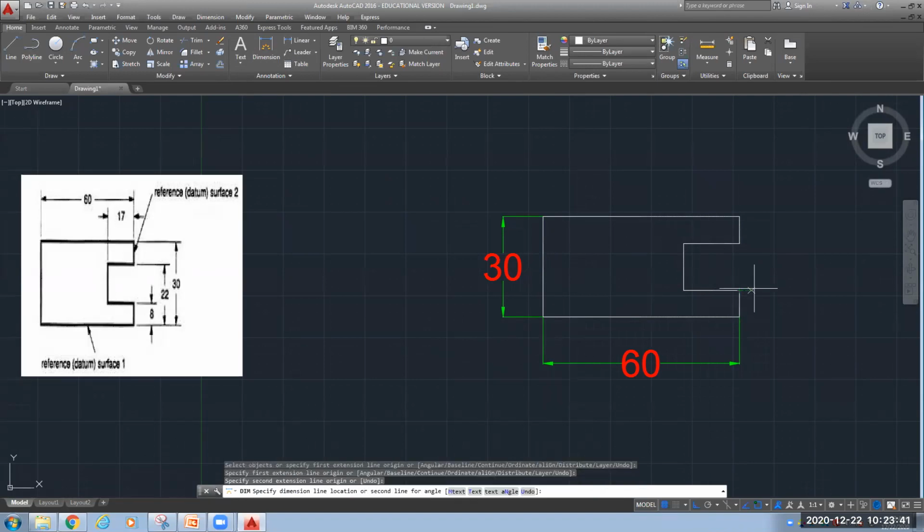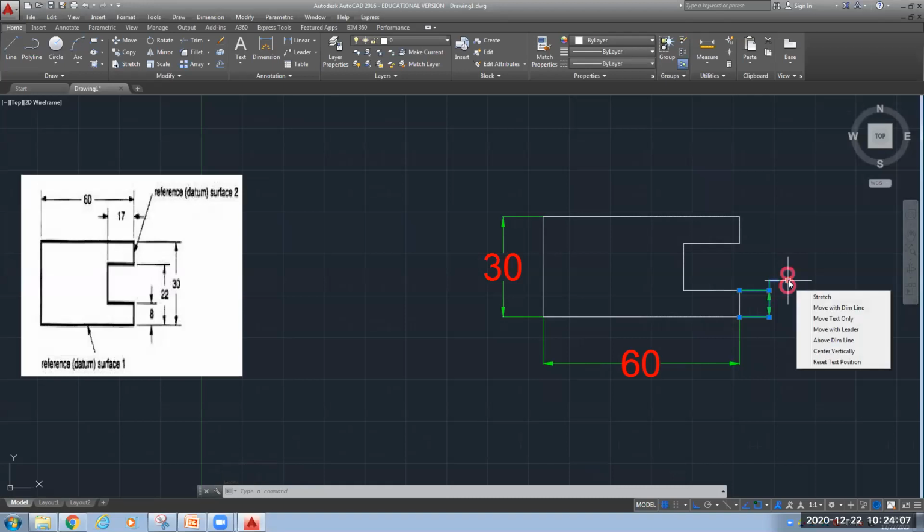You have to select the end point and then you can specify. Here 8 is coming on your top side. How will you bring this to the bottom side? Suppose this 8, I want to bring it down. So you need to select this line by simply clicking on it, single left click.